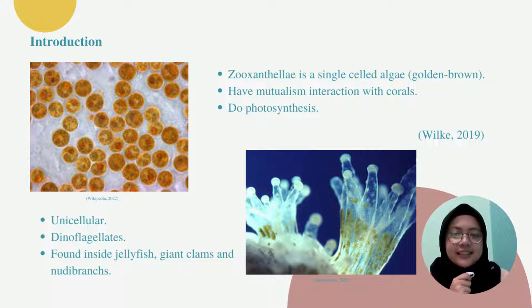Zooxanthellae help corals get enough energy to build reef, provide oxygen and also remove some of the coral's waste. In return, coral protects the algae by giving shelter and both of them share some nutrients together. Zooxanthellae also do photosynthesis, turning light and carbon dioxide into food. The coral colors also come from zooxanthellae, and zooxanthellae can also be found in jellyfish, giant clams and